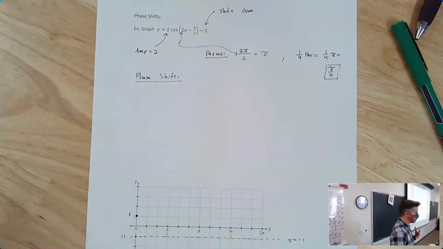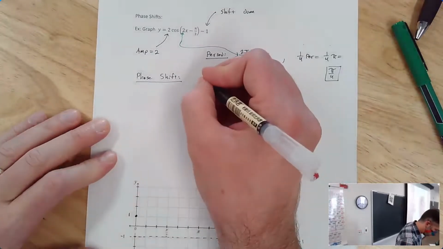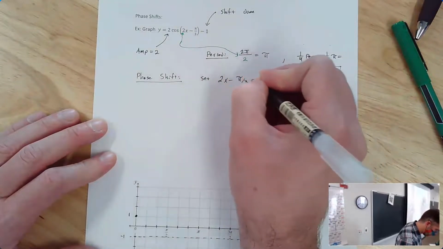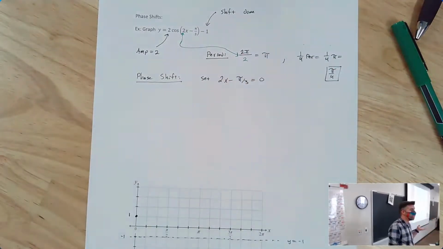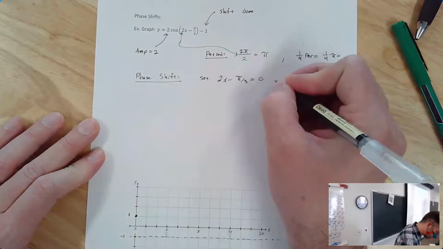Whenever you want to find the phase shift, the easiest way to do it is to set the inside of the trig function, or the angle part of the trig function, equal to 0. So we're going to set 2x minus pi over 3 equal to 0. This will help you avoid the mistake of saying the horizontal shift is pi over 3 to the right. It's not pi over 3 to the right. It's going to be less than that because that 2 is messing up how much shift there is to the right. So if I add pi over 3 to both sides,